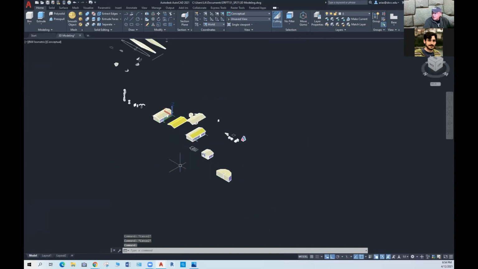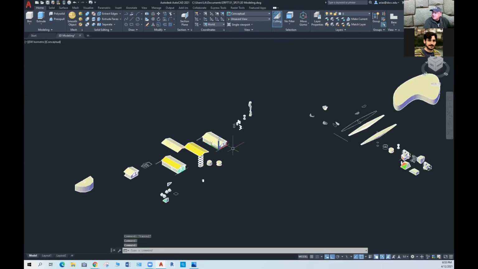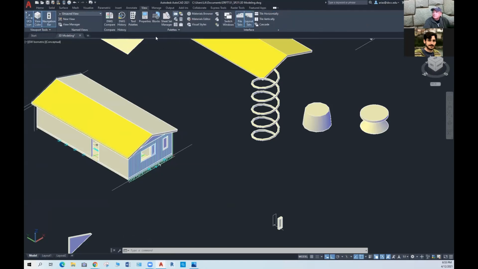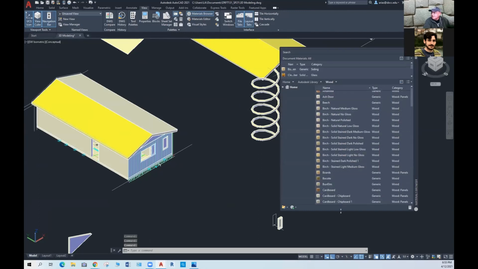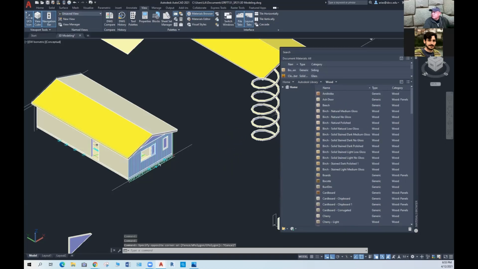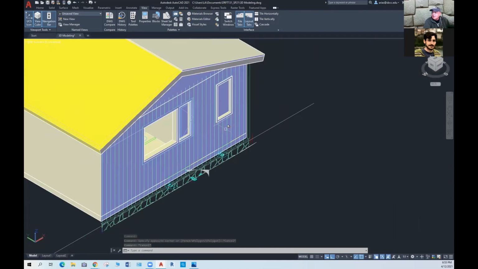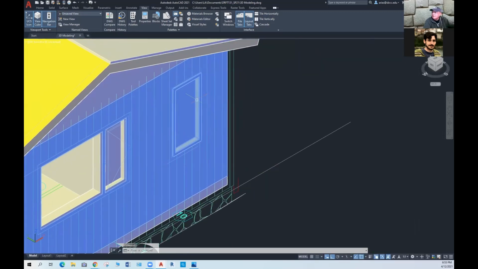One of the things that I would like you to do as part of the final presentation is make sure to apply materials. And so remember that we have the materials browser here. And you can select different materials for different parts of the project. And try to be as specific as you can, right? Because your project has different parts that you can apply different materials to. For example, in this case, I have this